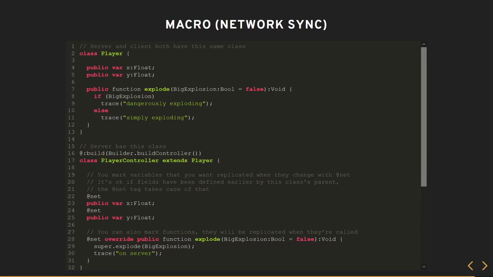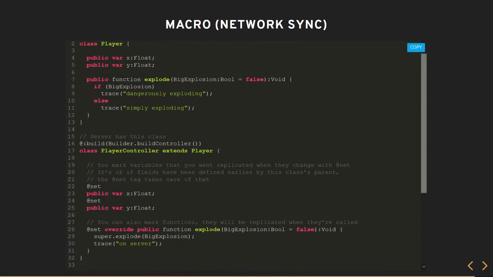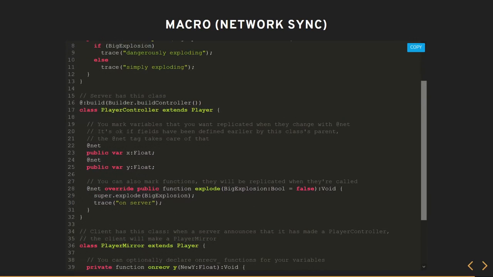So here's an example of what we want as a final product. Have your base class, so no metaprogramming here. It's just class player, two fields, and one function. Here's the version of this class that's going to run on the server. This one's going to have all the metaprogramming. It has a build function, and builder.buildController.